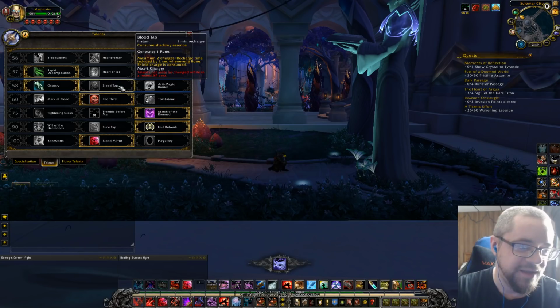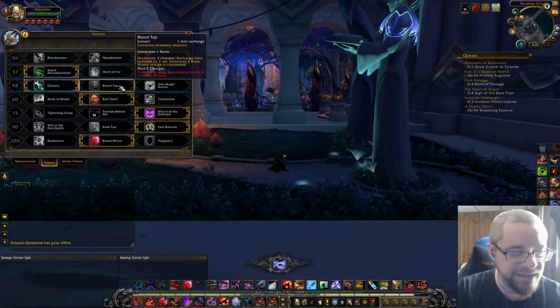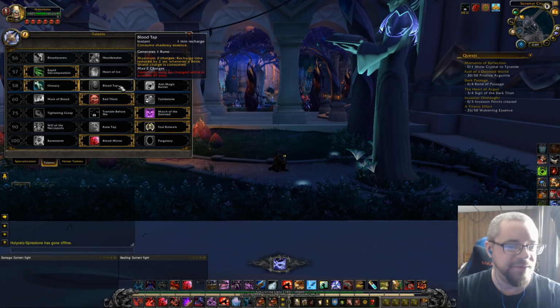If I ever do this thing where I take the wrong talents, I'm going to try Blood Tap because it's only a 1-minute recharge and it has 2 charges. And especially now that Bone Shield being consumed is a good thing anyway. I don't know. It's just quite interesting. It's really an interesting talent because it's generating a rune. I don't know. See, it would be better if it...